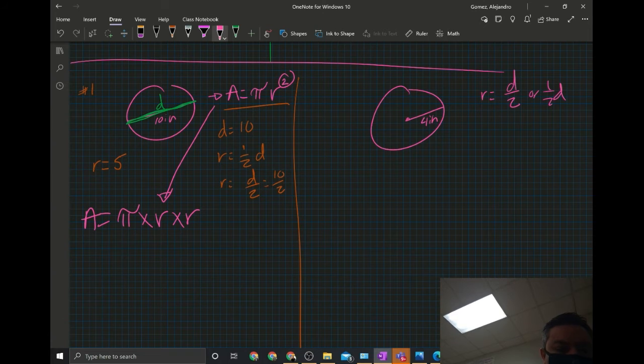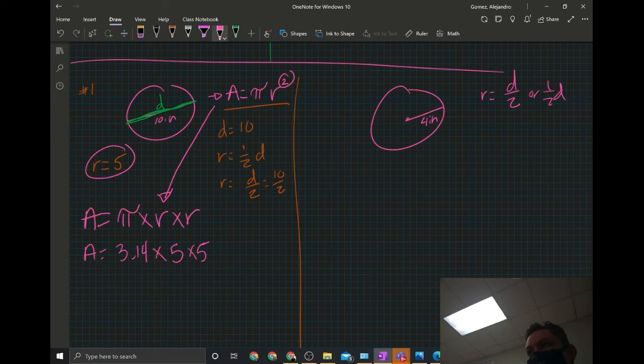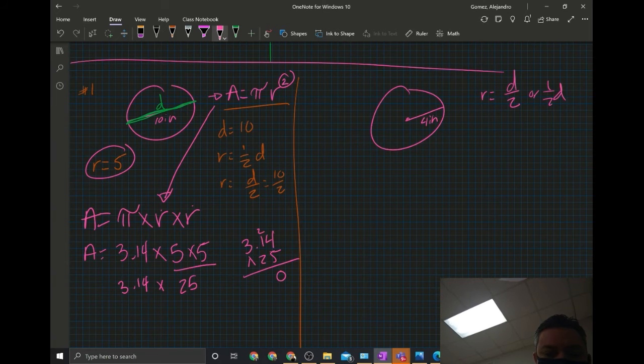So now, area equals 3.14 times my radius, which is how much now? 5 times 5. Why 5 times 5? Because my radius is 5 and I put a 5 in there and I also put a 5 in there. Now multiply everything out. 5 times 5 is 25 times 3.14. When you multiply 3.14 times 25, you get 20, carry the 2, 5 times 1 is 5, and 2 is 7. 5 times 3 is 15.